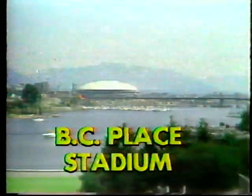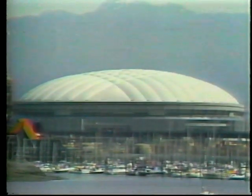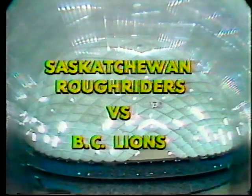Facility in the world. Built on 10 acres of land, BC Place Stadium is an awesome structure, and not by sheer size alone. Its design excellence and technological innovations have made it one of the world's finest. And today is an historic occasion for the Canadian Football League. The first regular season game to be played at the stadium at BC Place as the Lions entertain the Saskatchewan